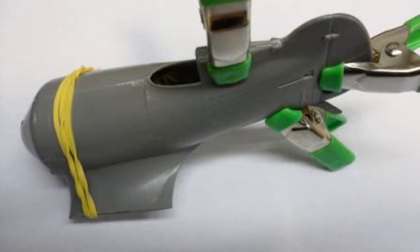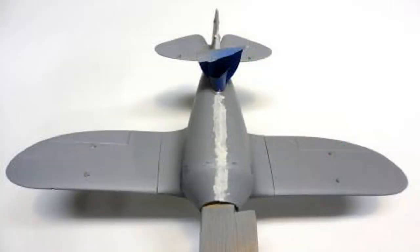Glue the fuselage halves together with some liquid cement, and then hold the pieces together with some small clamps and rubber bands. Glue the wings and the horizontal stabilizers to the fuselage and make sure that they're in good flat plane alignment. Then after they've dried overnight, apply a coat of primer, and this will show where any seams or